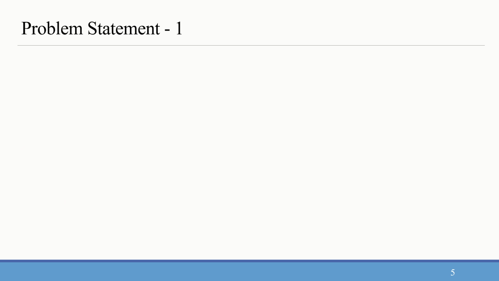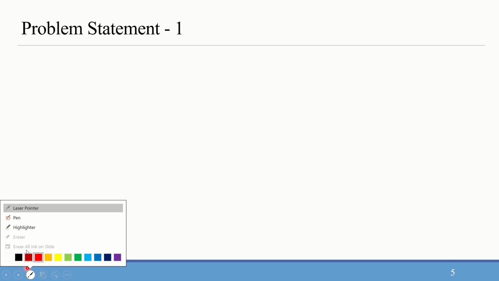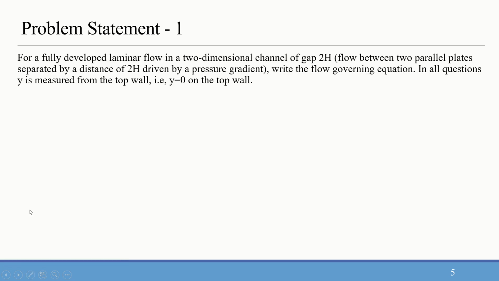If you have any answers which you want to say, you can put them in the chat window, but you can also unmute yourself and say at any point. I might not see the chat window all the time, that's why. So coming back,